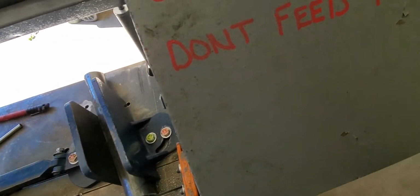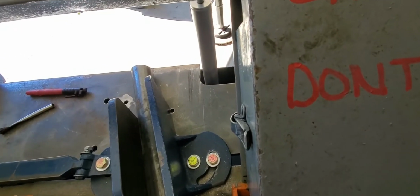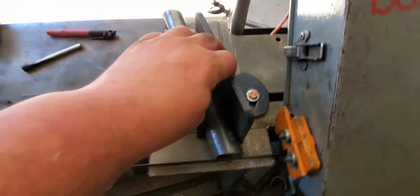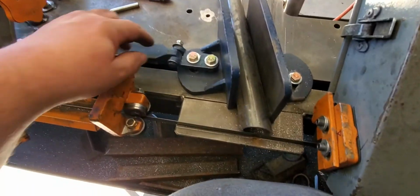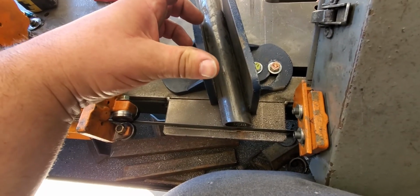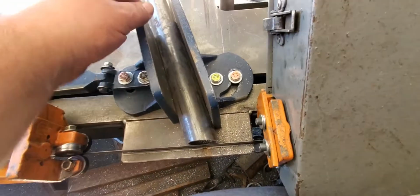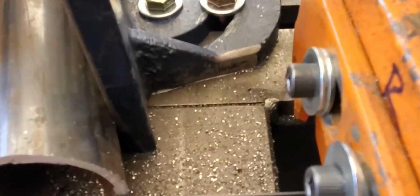But yeah, the only real problem I had that I haven't filmed so far is this clamping vise. When I would really tighten down on it with this guy, it would actually move the whole thing. It wasn't so bad when you had it set up square, but if you had it in an angle, it would actually change your angle. So if you look real carefully, see if I can zoom in,